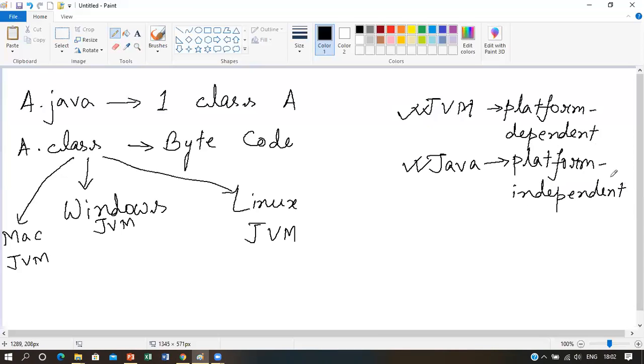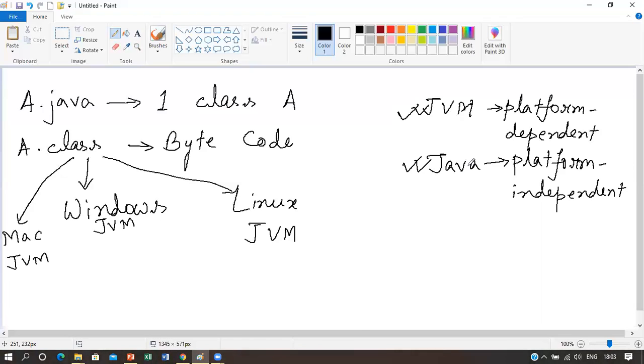This is a very, very important concept while learning Java, that is, why Java is platform independent. And this is the main difference between C++ and Java, that C++ is platform dependent, whereas Java is a platform independent language. In case of C++, in order to run some C++ programs, the compilers must be installed. You cannot take that C++ program to any machine and run it.